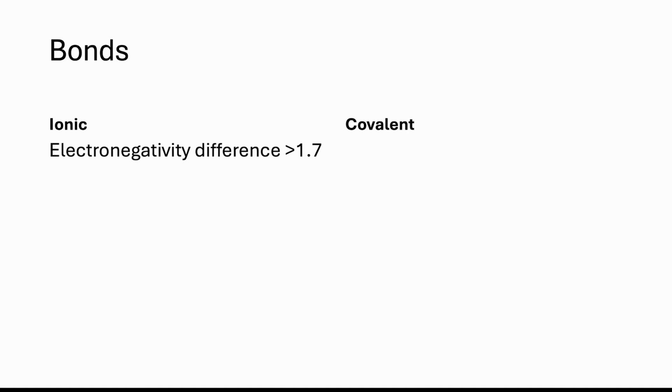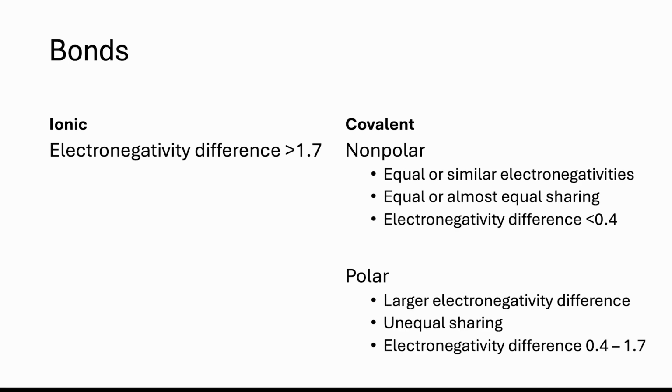Covalent bonds can then be further divided into nonpolar and polar covalent bonds. If the two elements in a covalent bond have equal or similar electronegativities, they equally or almost equally share the electrons, so the bond is nonpolar. If the two elements in a covalent bond have a relatively larger electronegativity difference, the electrons are not shared equally, so the bond is polar. Polar covalent bonds have an electronegativity difference between 1.7 and 0.4, and nonpolar covalent bonds have an electronegativity difference less